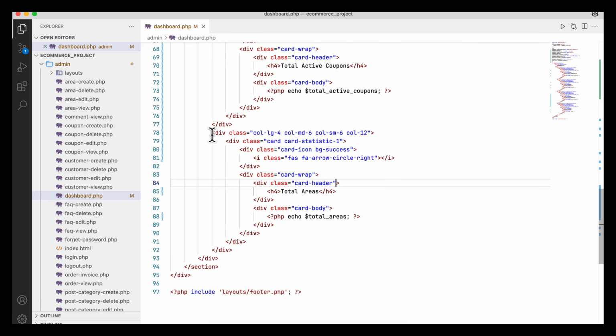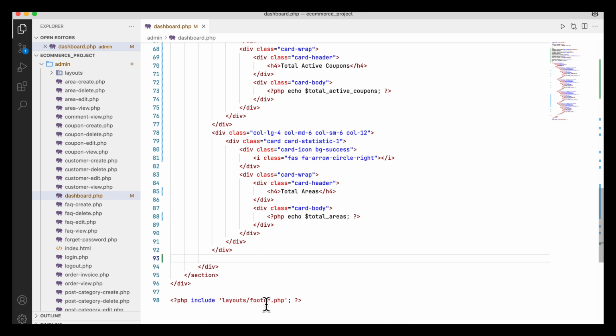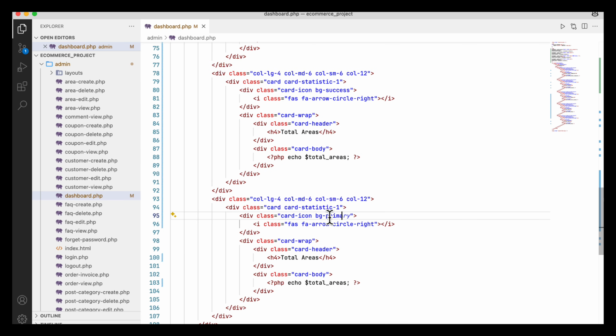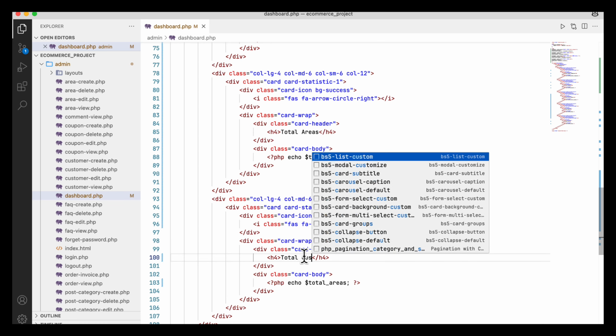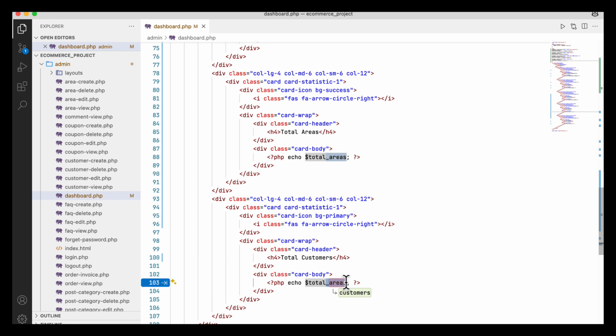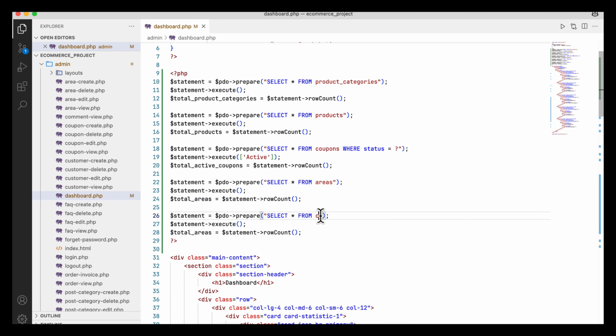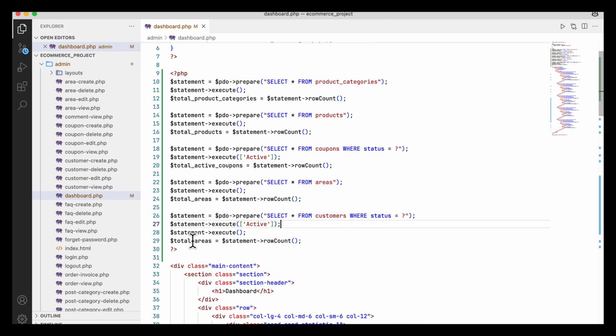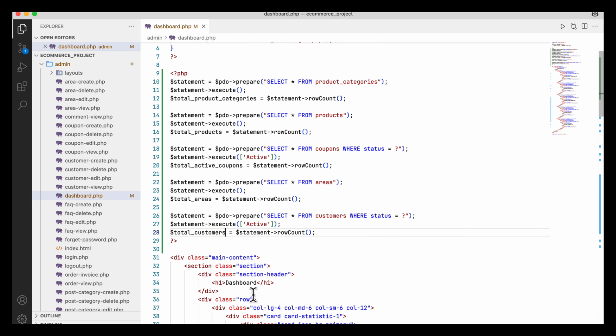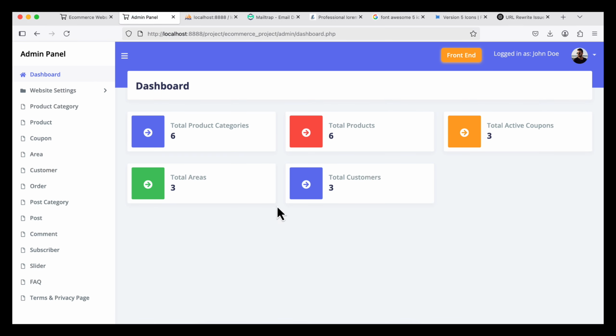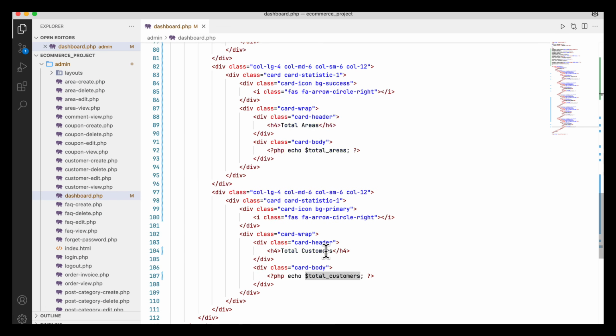So here you can write the total customer, and it is busy primary. So total customers, and here is total customers, and in this case I am going to write customers. So customers where status equal to it is important active, so here it will be total customers equal to this. So let's check it. Total 3 customers, that means active customers. So here you can write the heading total active customers,